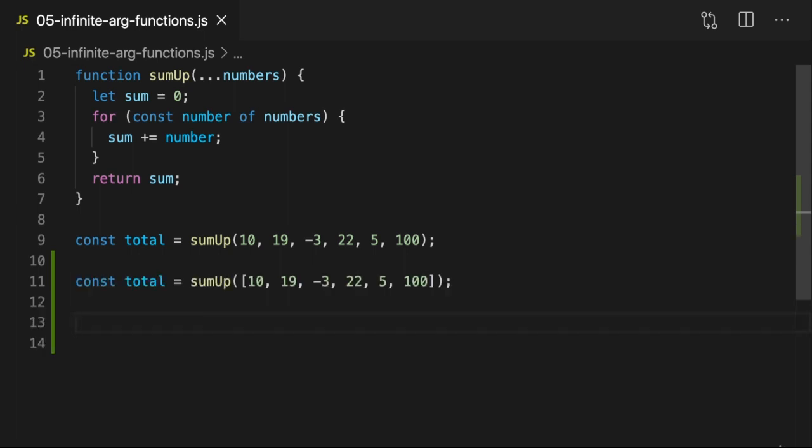Now, of course, we could rewrite this function, also internally of course, to take an array as an argument. Then we technically have only one argument because this is one array. Please note the square brackets. We could do this, and this could be a perfectly viable solution, but we don't even have to do that. So here I'll comment it out so that we still have it for reference. Otherwise, of course, we learned that we shouldn't comment out things, but simply delete them. Nonetheless, here I'm doing it so that we still have this alternative solution for comparison,